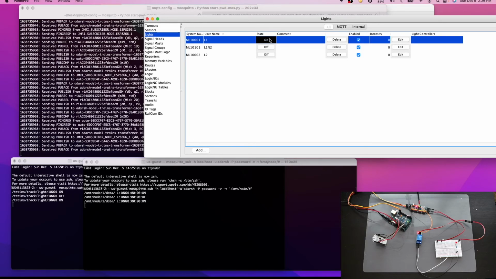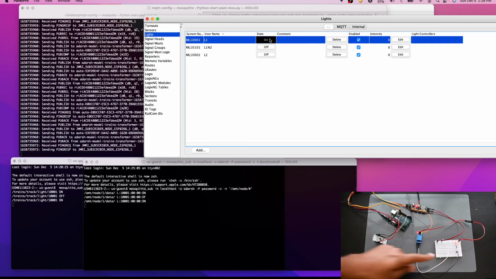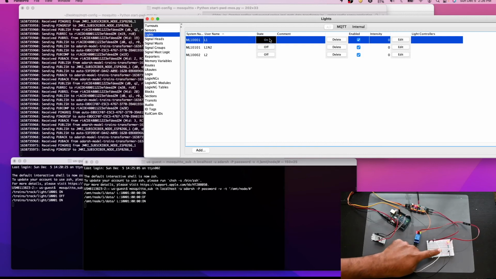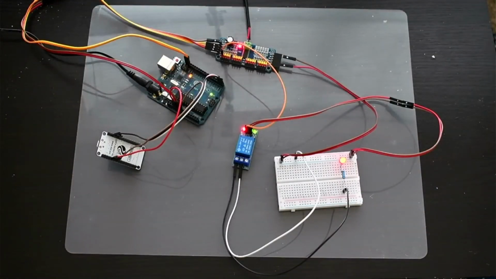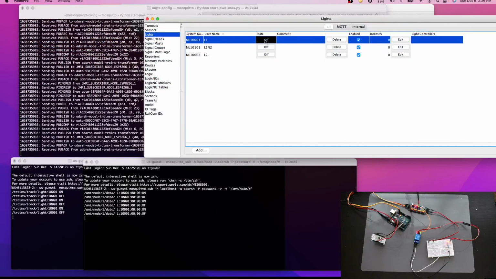I made on, light is on. So here you can see in this LED, basically this LED, making off, light is off, making on, light is on. So it's the same thing, it's very simple.